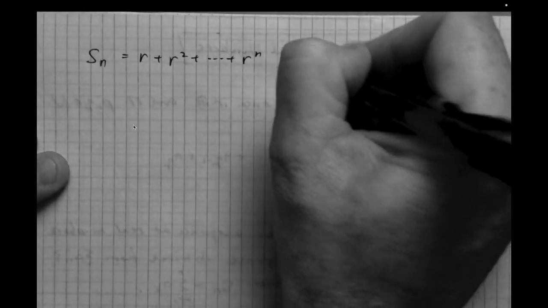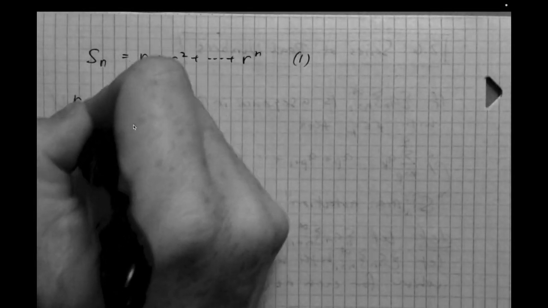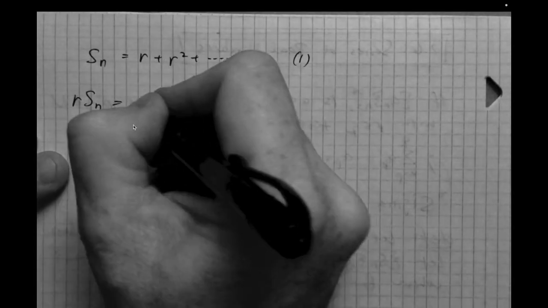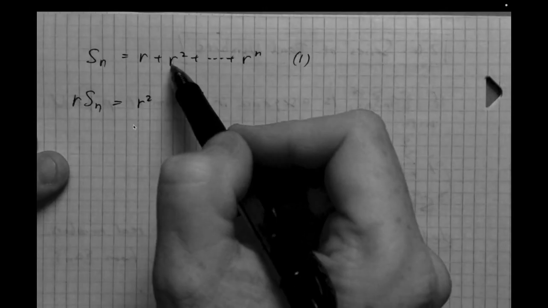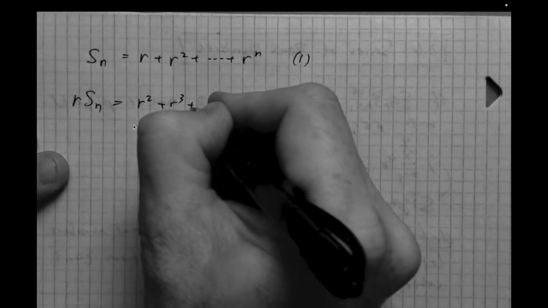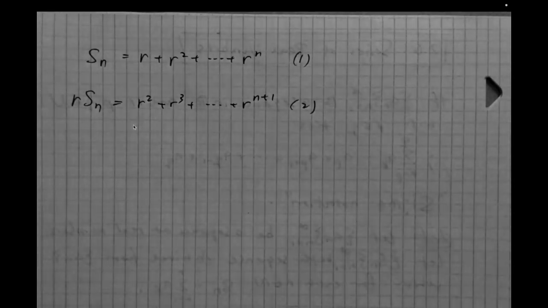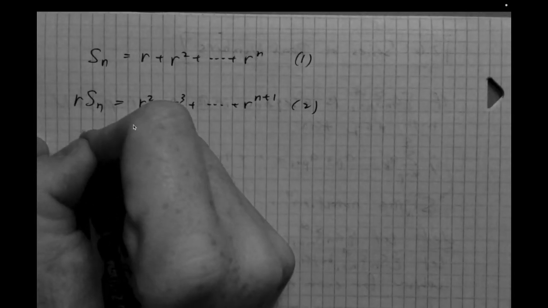We'll call this equation 1. And then equation 2 will be r times s sub n. Instead of r, I have r squared. Instead of r squared, I have r cubed. So on, all the way up to r to the n plus 1. We'll call this equation 2. So I start with the nth partial sum, and then I multiply both sides by r. Now if I subtract 2 from 1,